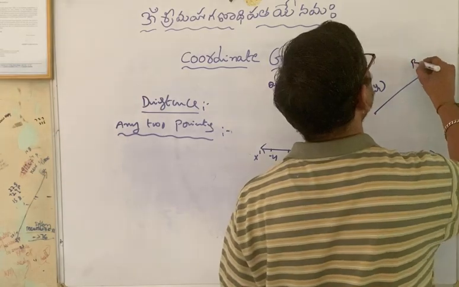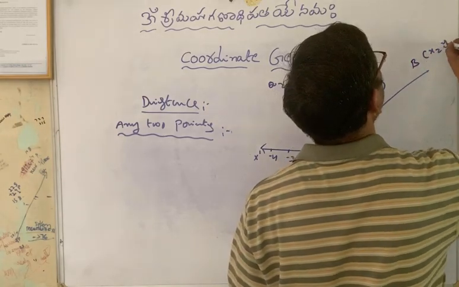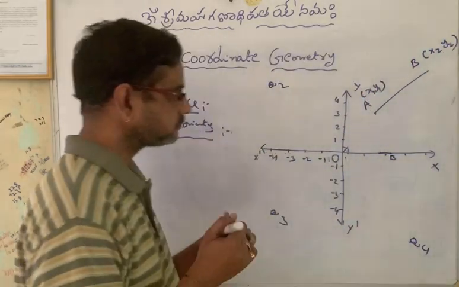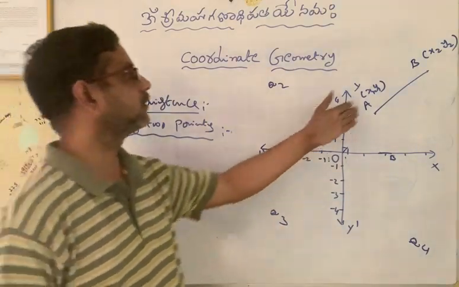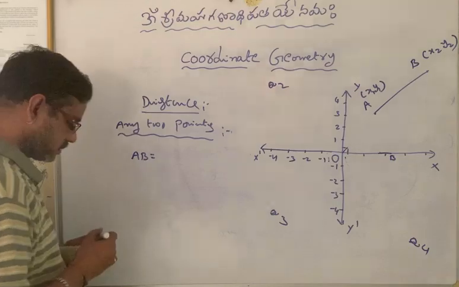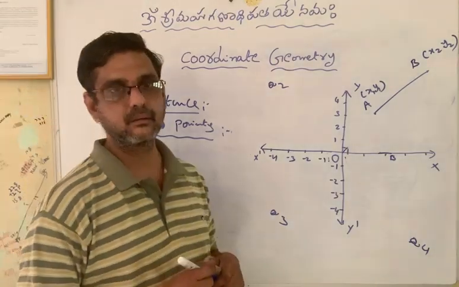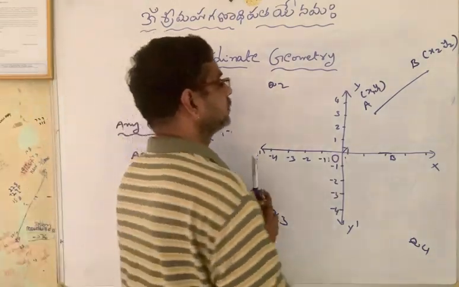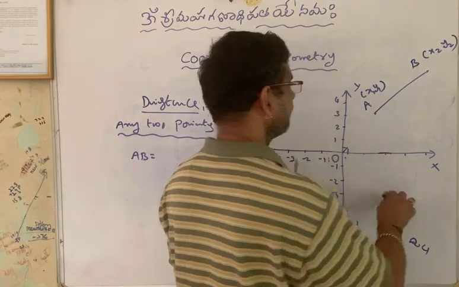Position of B is x2, y2. Now I want to find out the length AB. How to do it? So here,